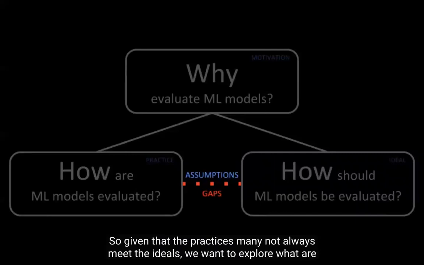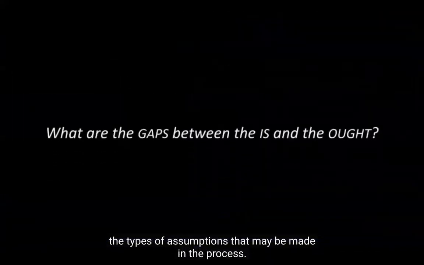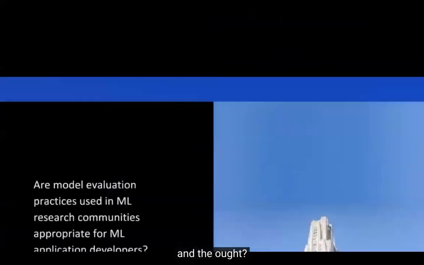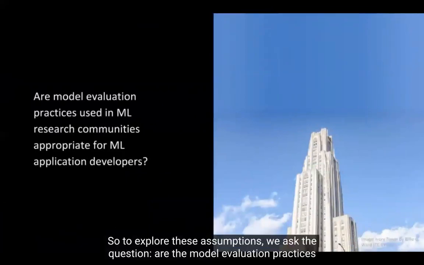So given that the practices may not always meet the ideals, we wanted to explore what are the types of assumptions that may be made in the process. And to do this, we asked the question, what are the gaps between the is and the ought? This slide has an image of an ivory tower. So to explore these assumptions, we asked the question,